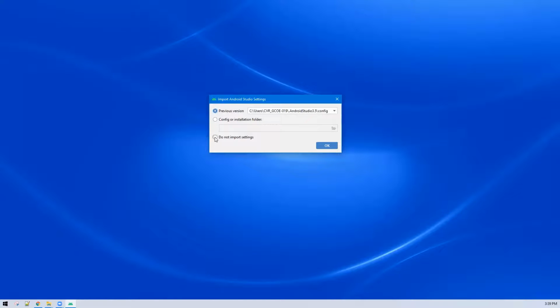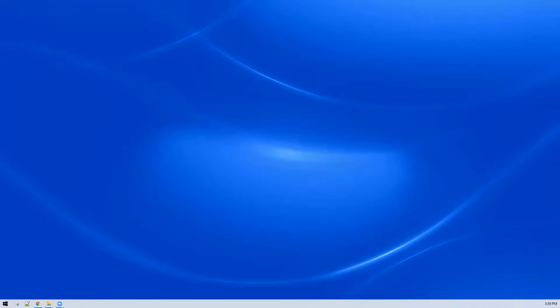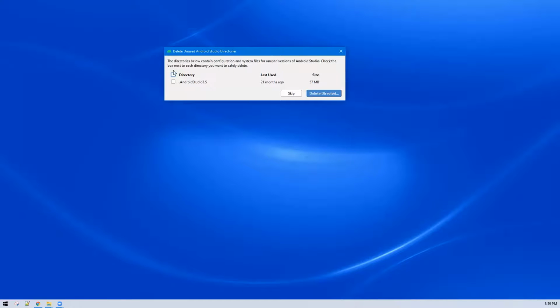Okay. So for newer installations, we don't have any previous version. So we'll select do not import settings and click OK. Now it is asking me to delete the older files. So just remember, if you are updating or upgrading your Android Studio, this screen will be visible.